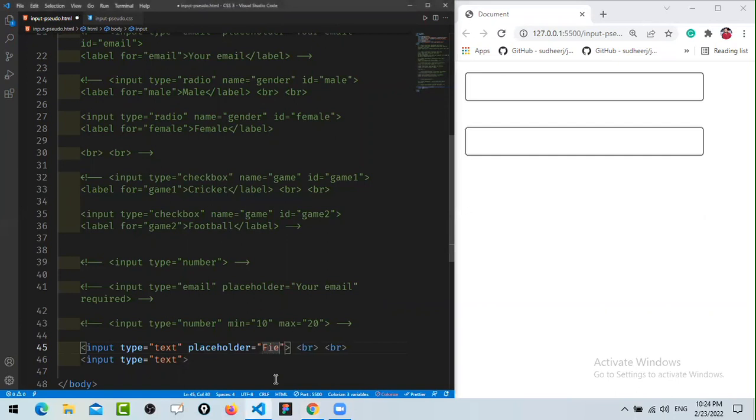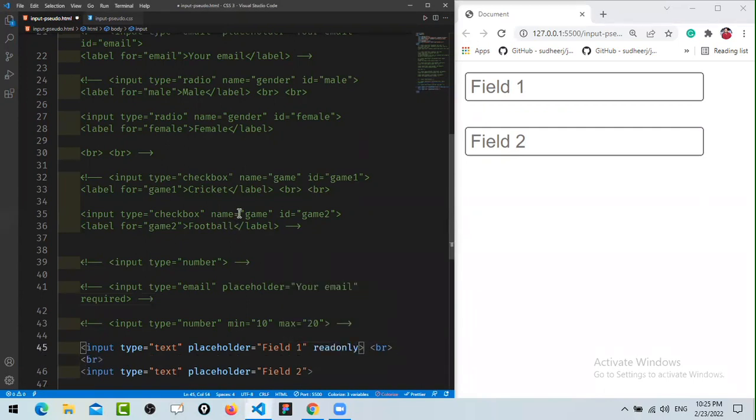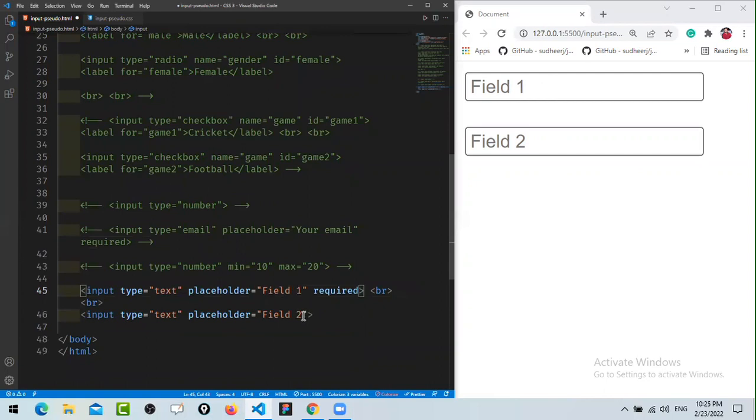Placeholder, field 1. Which field is optional? Both are optional. It's not required. Both of them are optional. If you want to make the first one mandatory, then the required attribute we have to use. Exactly. So I'm going to use required. So the first one is required and the second one is